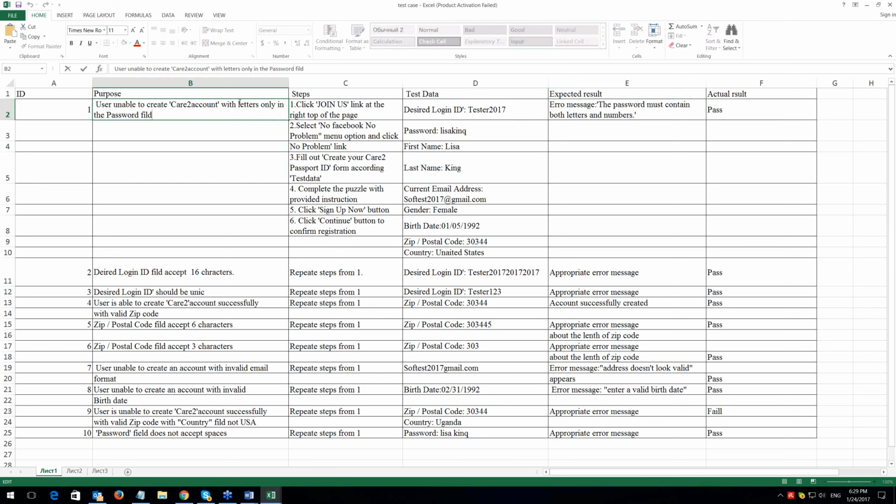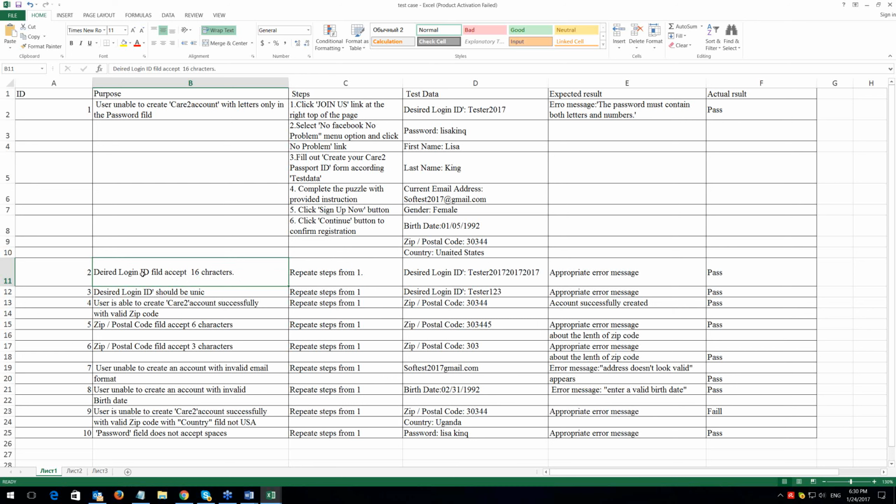So great, wonderful purpose, great, wonderful steps. I see amazing test data. And desired login ID field accepts, guys, I do not pay attention to the misspelling, but probably you want to fix it. I will not do it. Here we don't want to spend time.